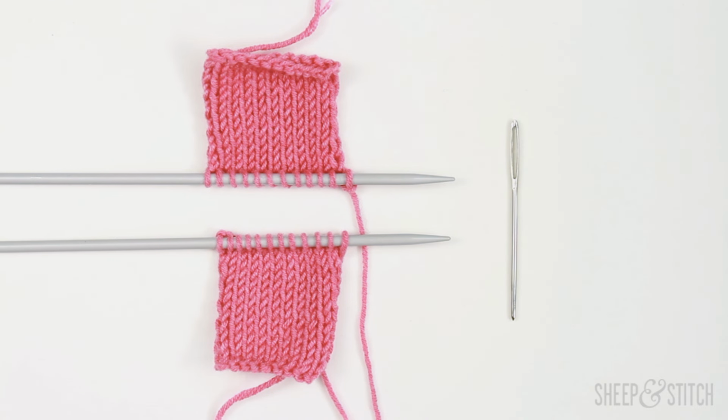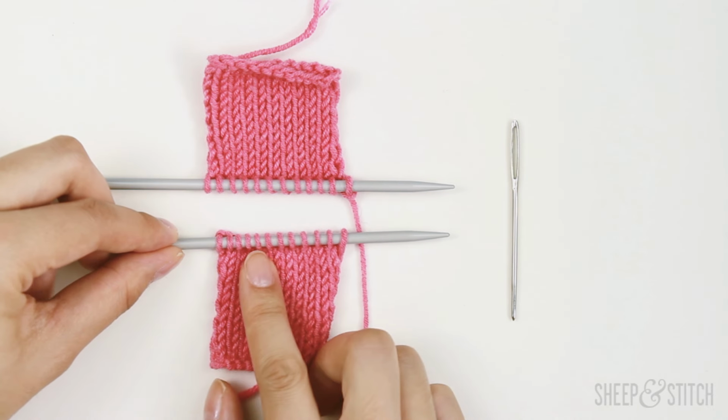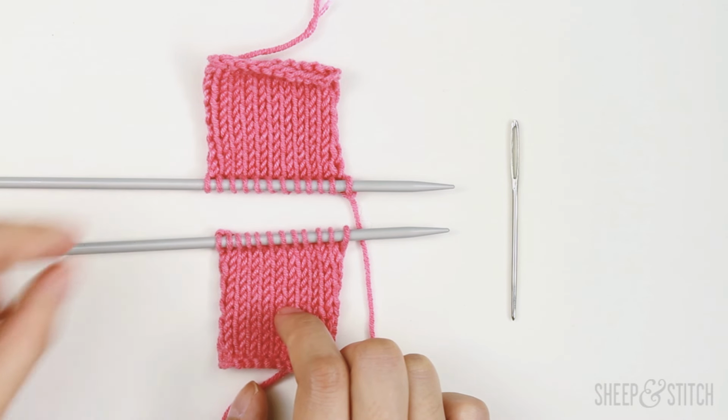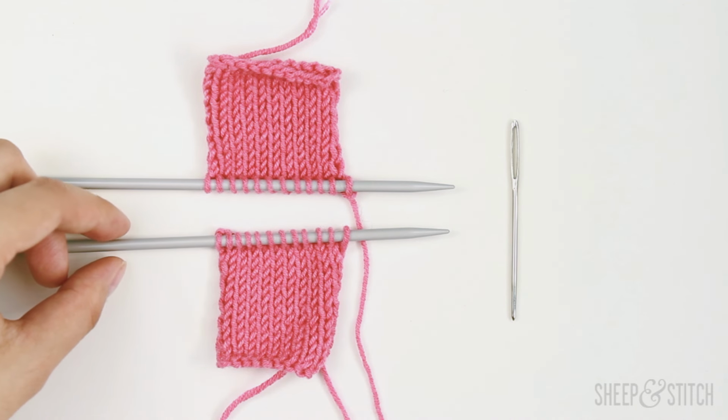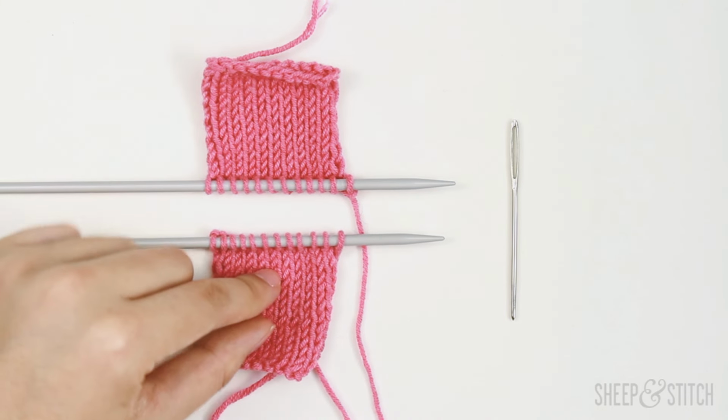of knitted fabric that are on live stitches. So you can see here that both these pieces of fabric are still on their needles. I haven't cast off with either of them. And that's really the point of Kitchener stitch, is to seam together two pieces of fabric that are still on